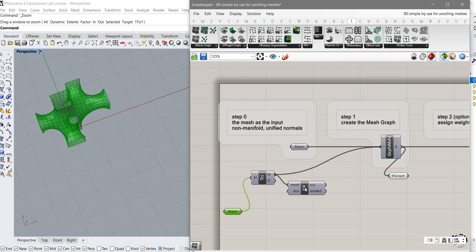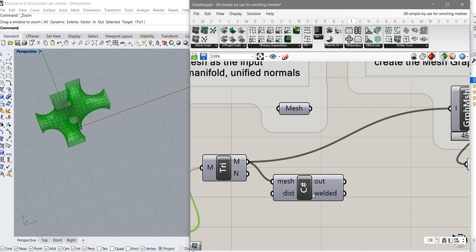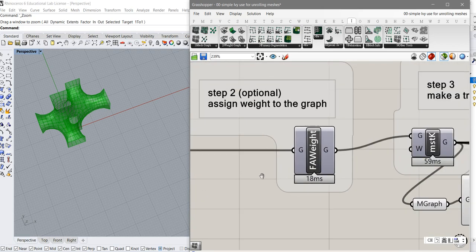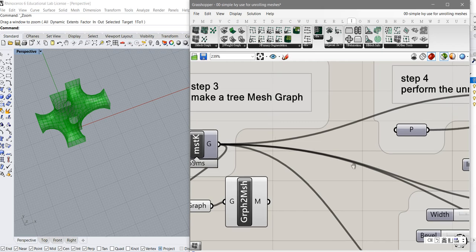This is a C# program which tries to weld vertices, but I think it is not necessary because here we don't find any overlapping vertices. So after we put this as an input, because it now creates more pieces,